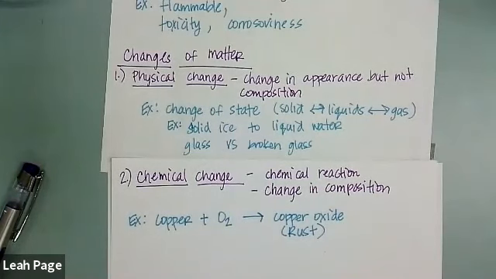So this is a chemical reaction that happens when copper, or a lot of metals, are exposed to air for too long. They end up becoming their metal oxides, like copper oxides and iron oxides, and that's all rust really is.